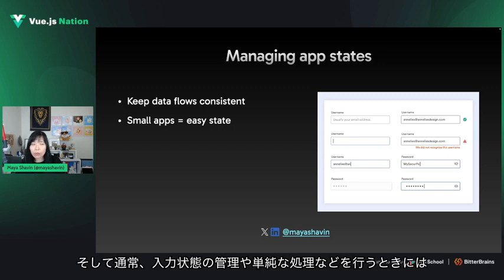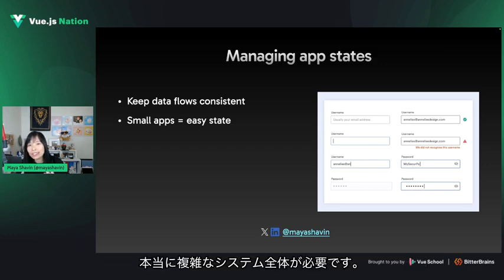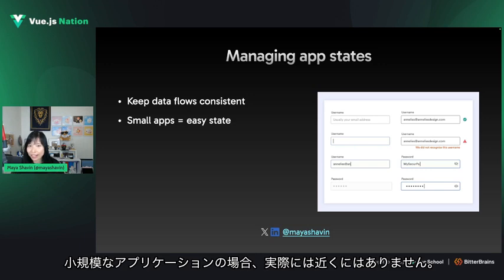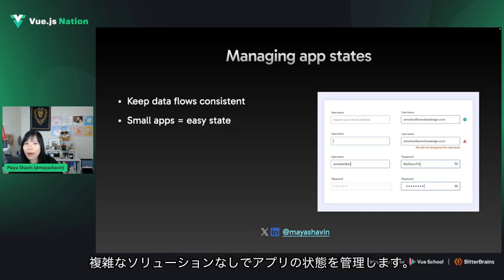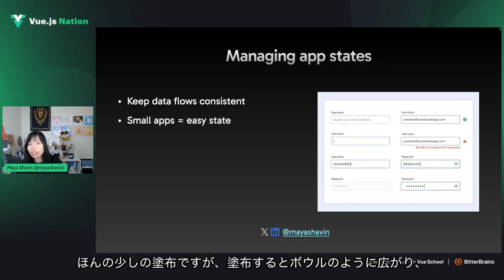And usually when we do things like input state management or a simple app, we don't really need the whole complex system. We don't really need Vuex. We don't really need Linear for a small application. We can easily build our own state management locally, or even a global state management for our app, without a complex solution. It's just a small application. But once the application